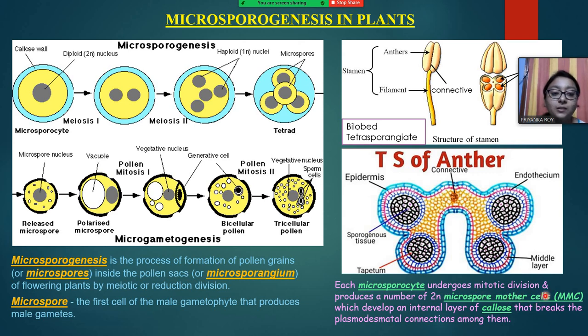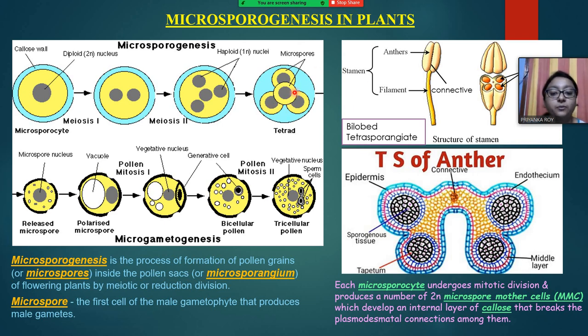These have a callose wall that breaks the internal connections among the cells. Each microspore mother cell can produce 4 haploid microspores by meiosis. These microspores are arranged in a tetrad, and the microspore is actually what we commonly call the pollen grain. This process of formation of microspores is known as microsporogenesis, and this is the first cell